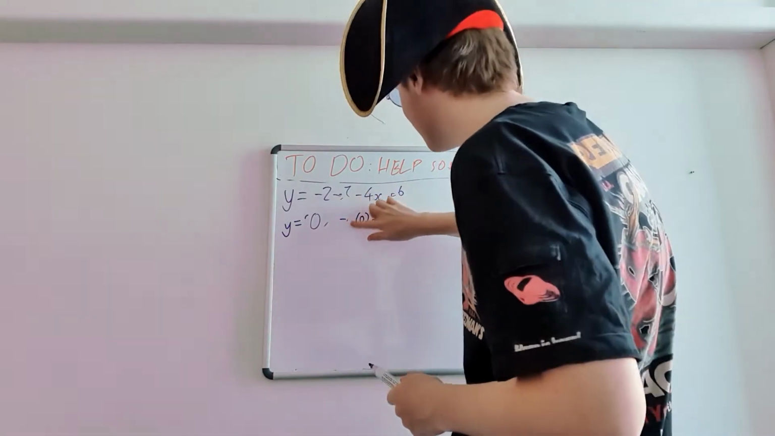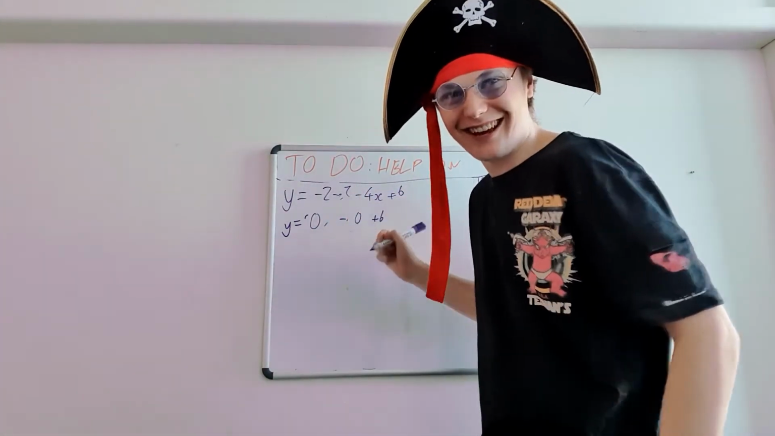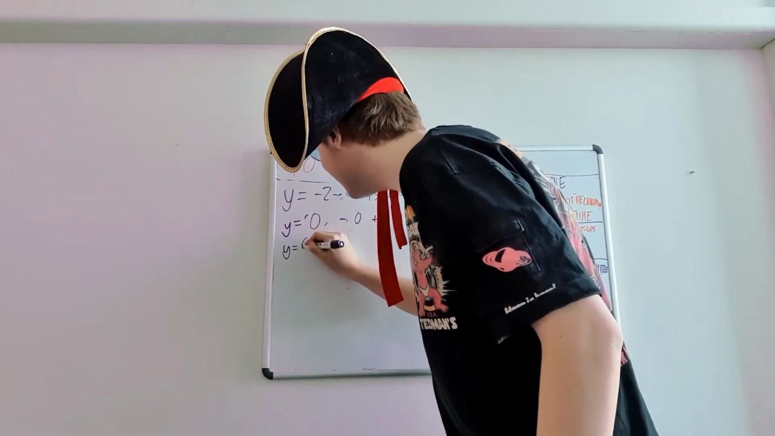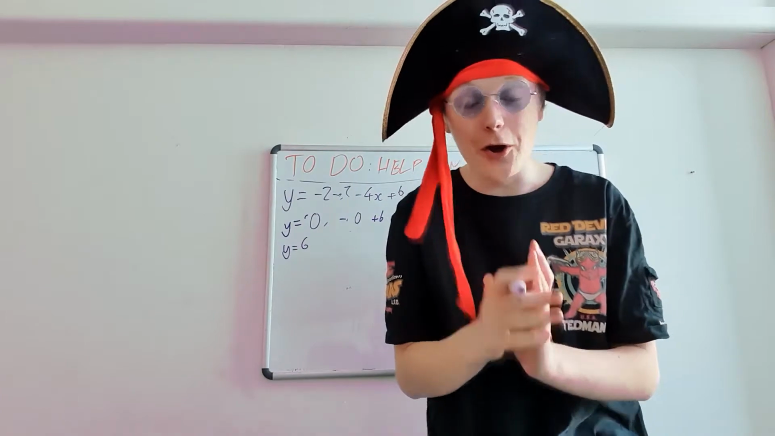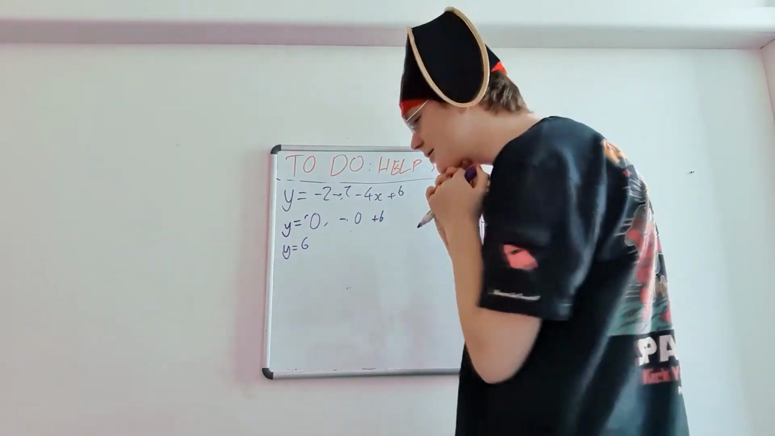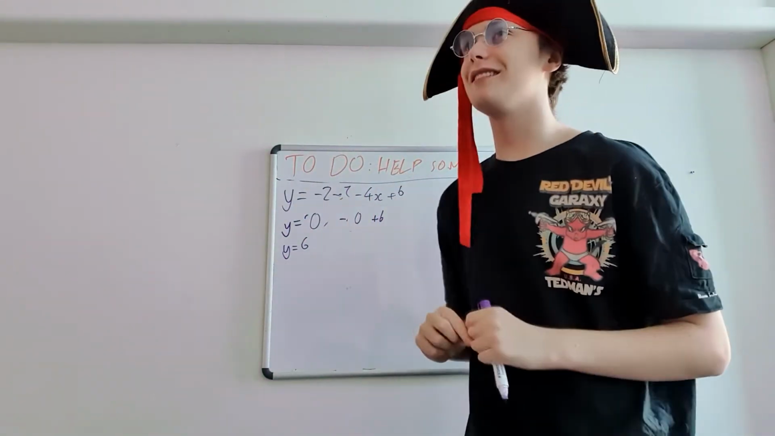So, 4 times 0, that's also going to get you 0, which leaves a lonely 6. Lonely 6, isn't that crazy? So the y-intercept equals 6. There we go. Now, you've got to solve the x-intercept. The thing about quadratics when you're dealing with parabolas is that you get 2 different x-intercepts,